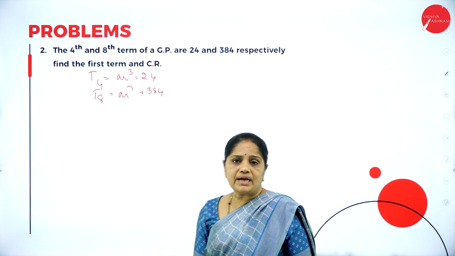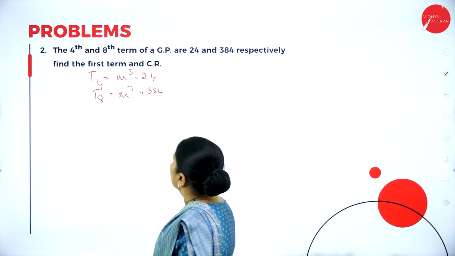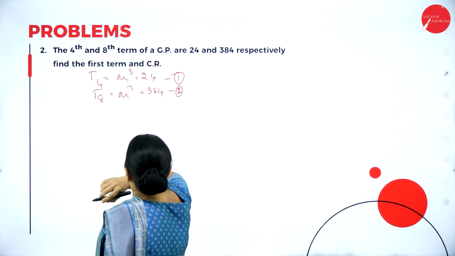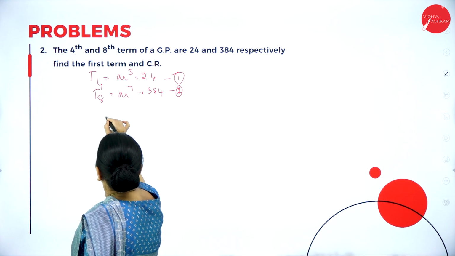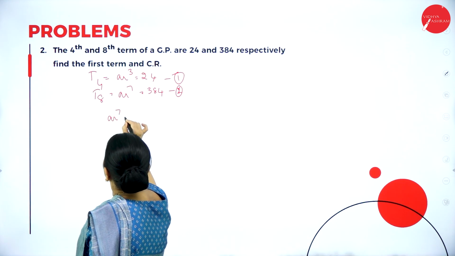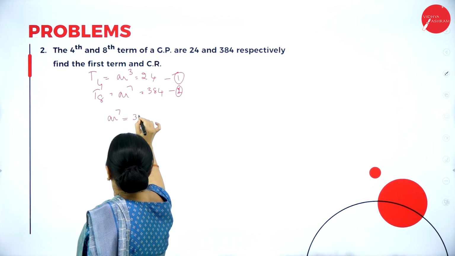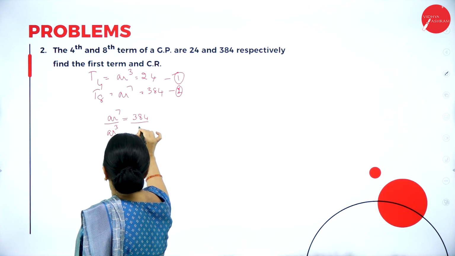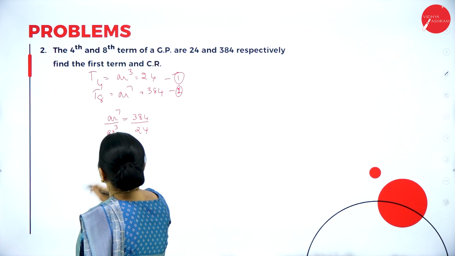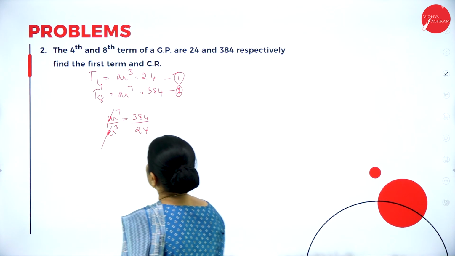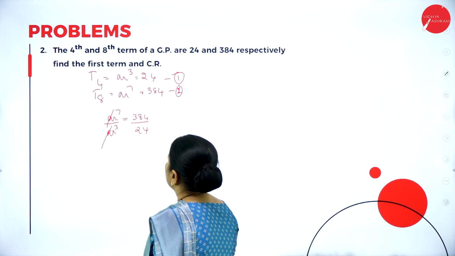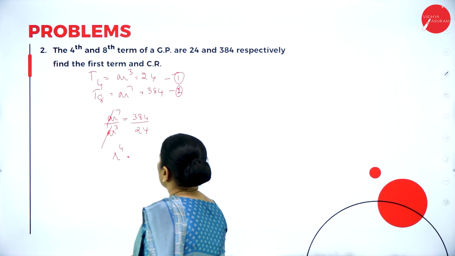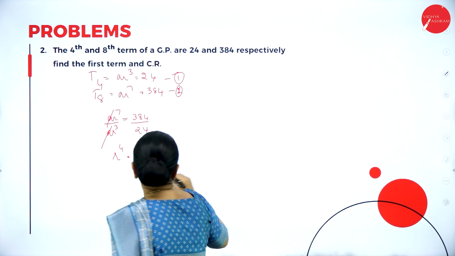Now I'll divide equation 2 by equation 1. So AR to the power 7 equals 384 divided by AR cube by 24. So A and A get cancelled. So R to the power 4 equals, when we simplify this,